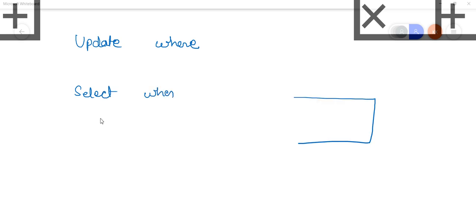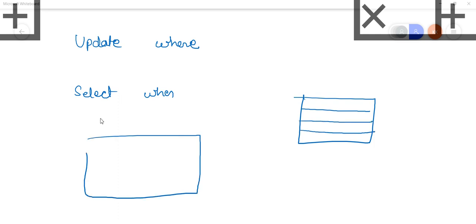But let's say, in our update query we have used our where condition, right? In the same way we can do it in the select. Let's say I have 3 rows in our school table, and I only want to select the third row's details. How can I do that? You need to write select, again I want all the columns, so I will simply write select star from school, but this time I don't want all the rows, right?